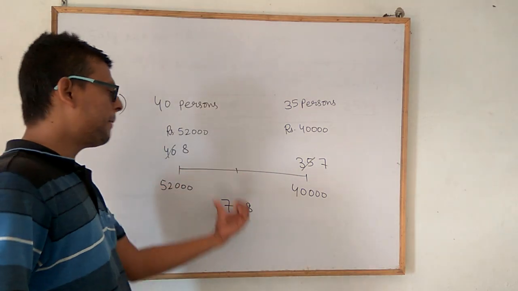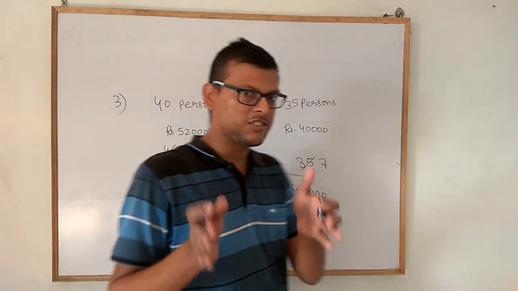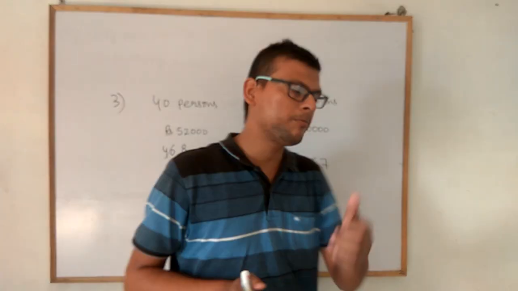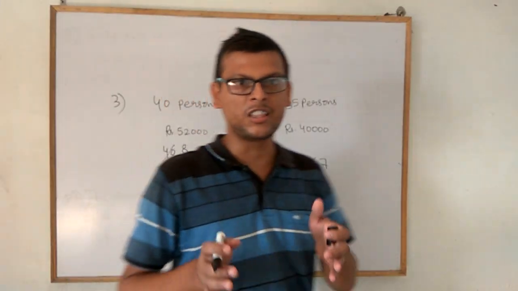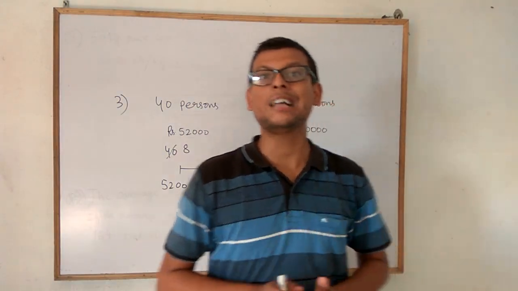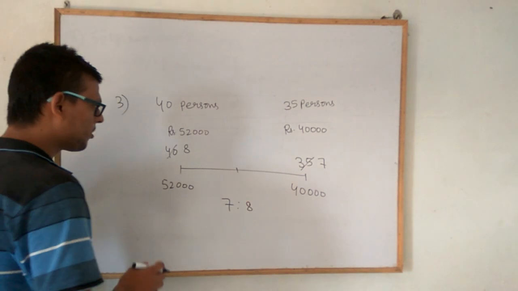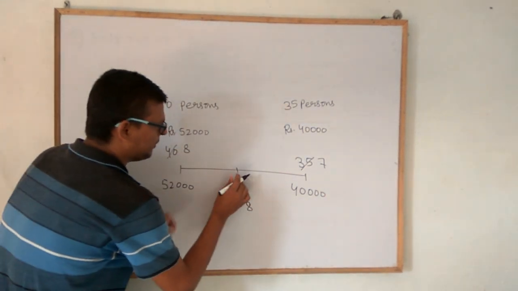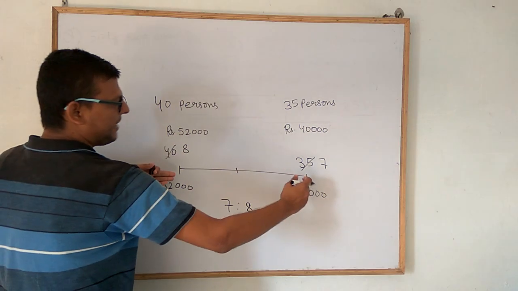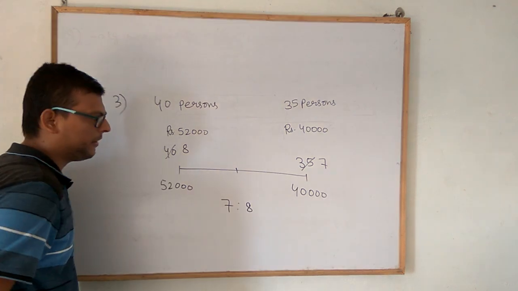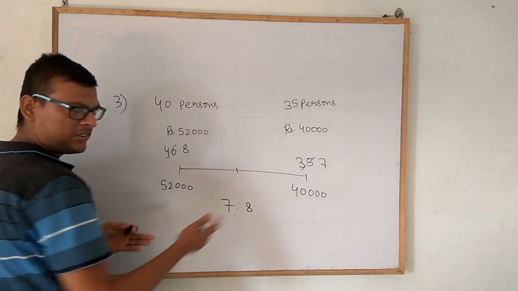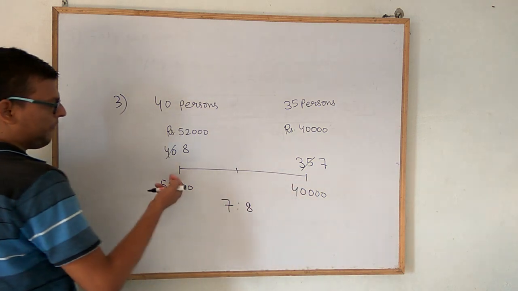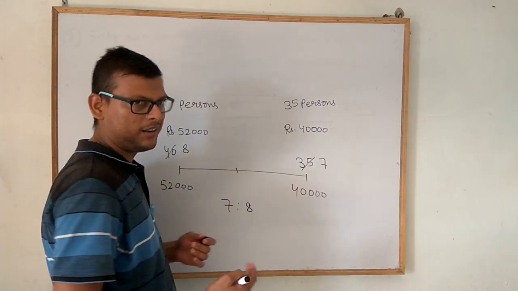And why have I flipped the ratio? Please watch my last video to know about the same. I am not performing any magic out here. It's just a basic calculation involved, a basic theory involved, which I taught in the last class. Okay. Now 7 is to 8. This mean divides this line segment in the ratio 7 is to 8. This entire segment is 12,000. Take the difference of 40,000 and 52,000. So the difference is 12,000.